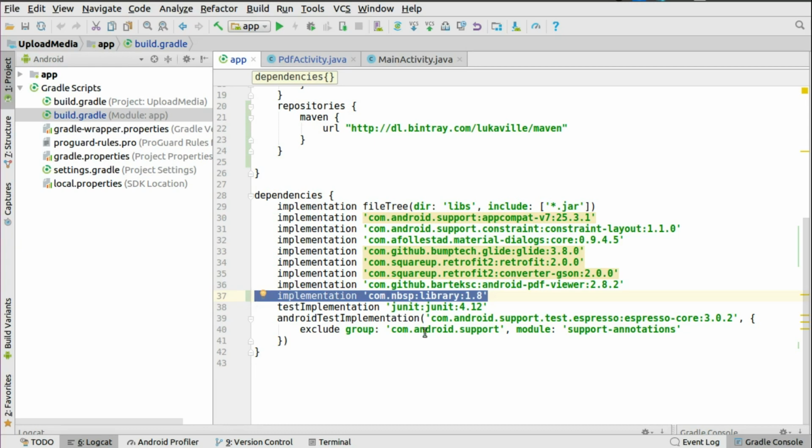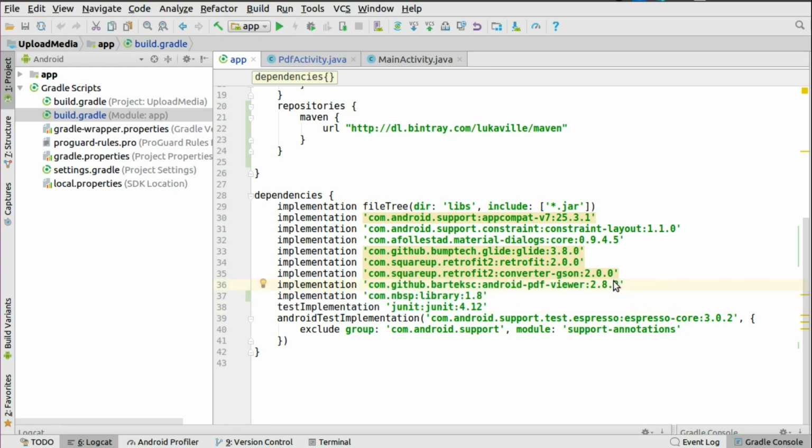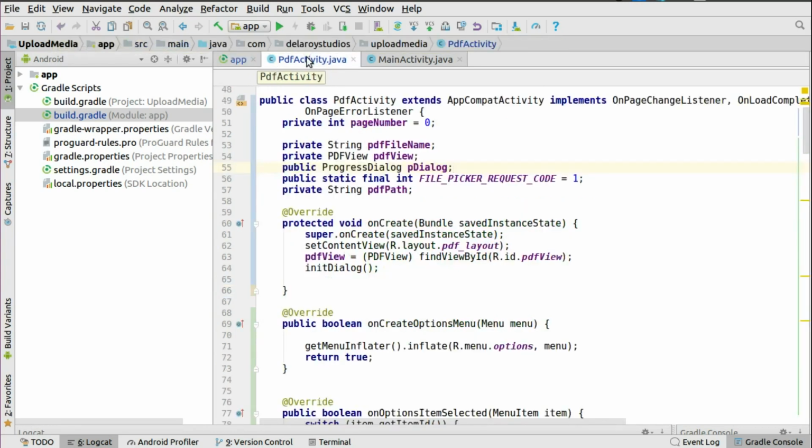And we'll also be needing the PDF viewer for us to visualize the selected PDF from the picker. After you might have selected a PDF, we need that to visualize. If you're having more than 5, 10, 20 pages, it's going to align it in pages from the first to the end of the page in the PDF. So that's very cool. I'll be showing you how we're going to interact with this library and get this done. In the PDF activity,